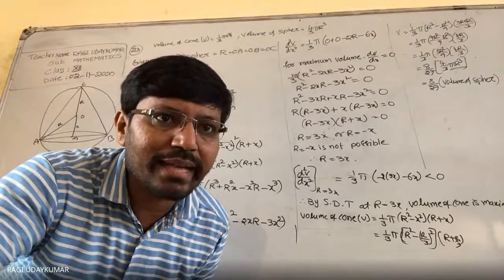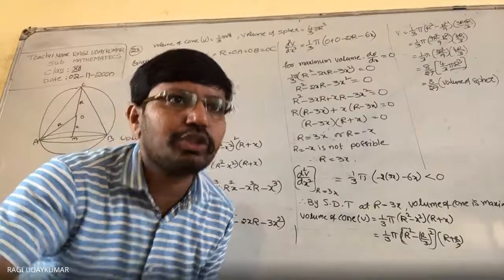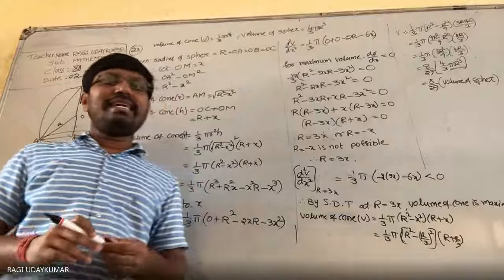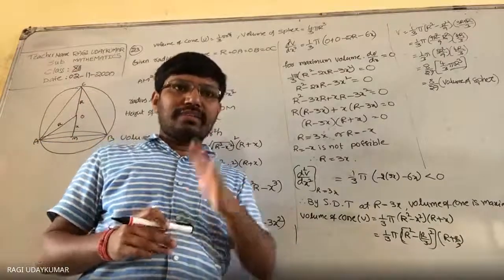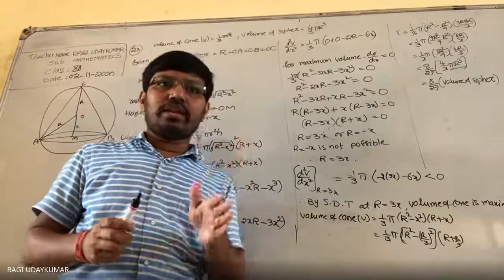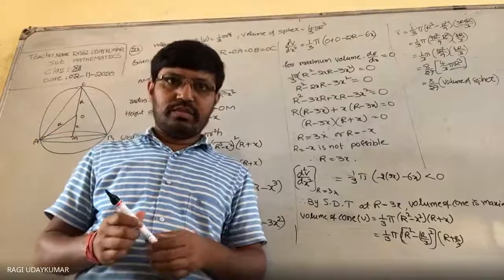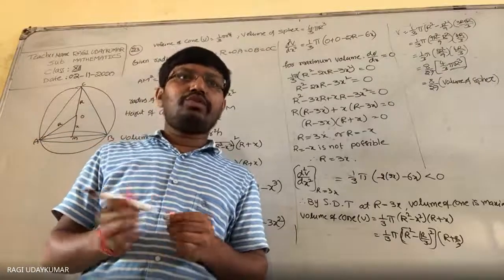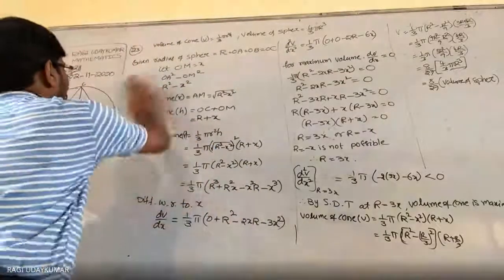Okay, so like that, let us move to the next question. The next question given to you is the 24th one. Show that the right circular cone of the least curved surface area and given volume has an altitude equal to root 2 times the radius. So this problem is also a little bit important here.